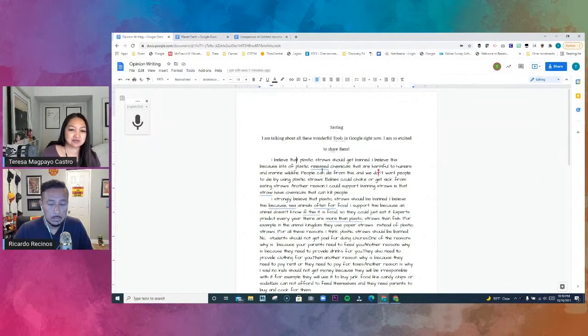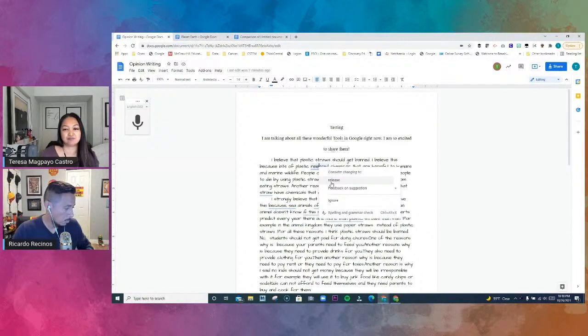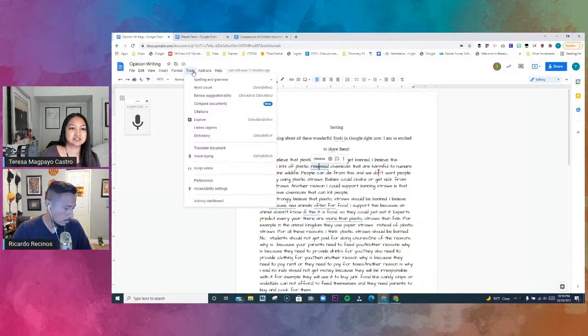And then you could see right here that there's a little squiggly line under them. The kids know that, okay, that's something that I need to go back and check. And you would right click, and then it tells you what it should be, what they suggest. Okay, and you could ignore it and things like that. Okay, so let me just continue.